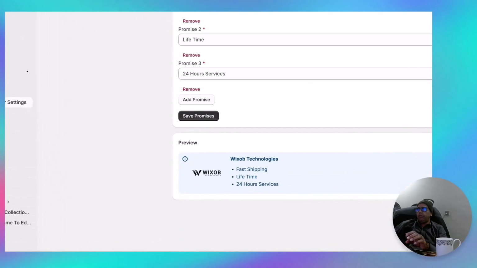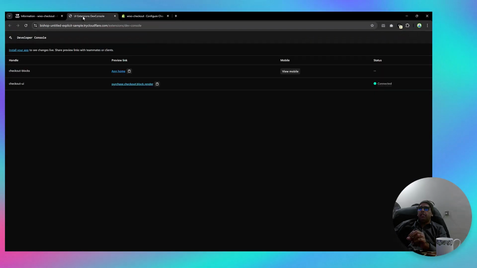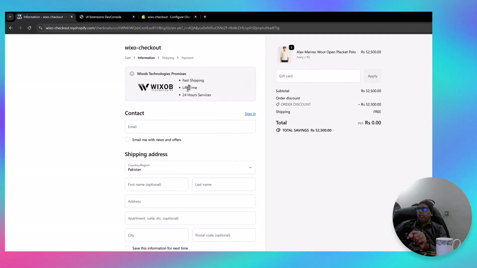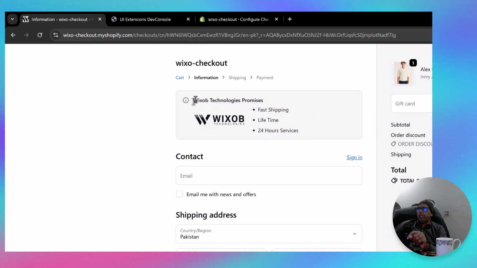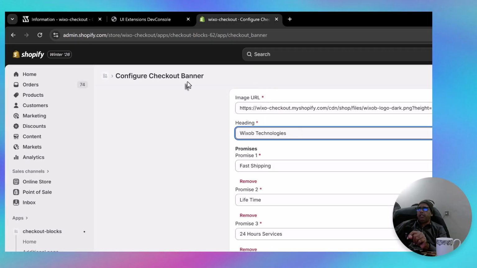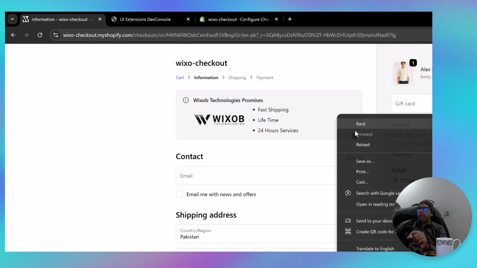And once you save these changes, they will be applied over here. Right now it is without technology promises, and we have changed the heading, and if I reload the page,